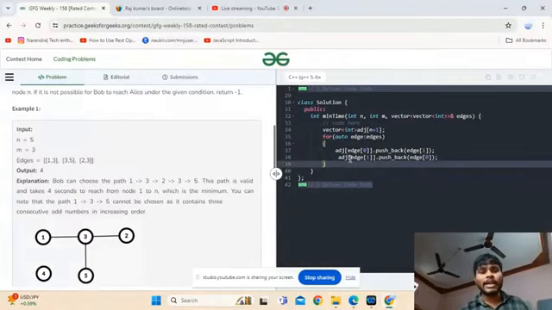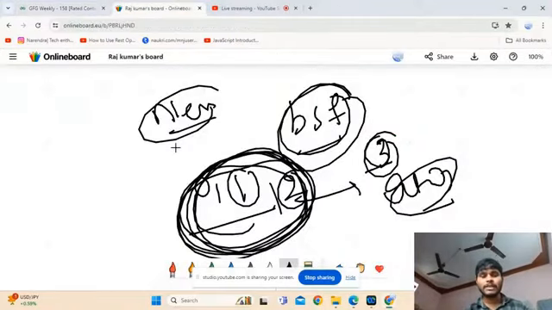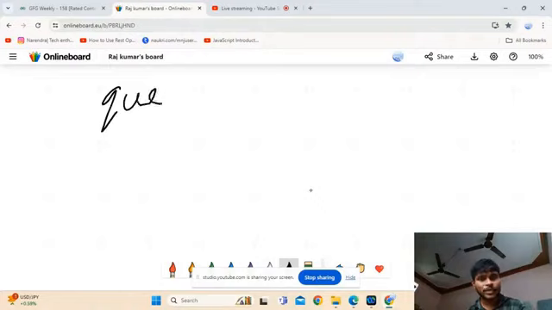Now I am taking a Q data structure. Here we are doing the same BFS algorithm. In BFS, we take a Q data structure and take care of a visited array.